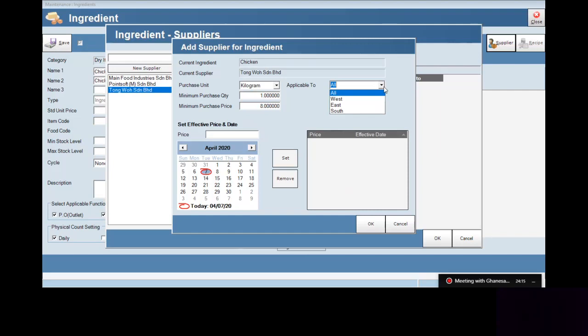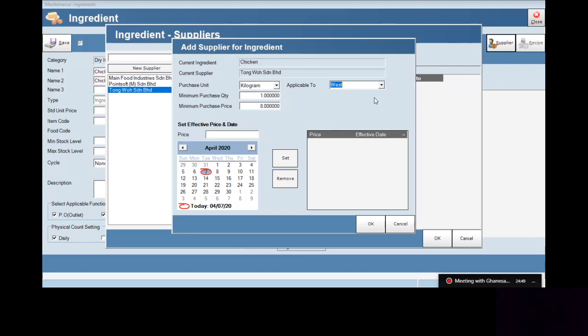Do you remember that during the outlet setting we already created a group? That grouping I already created is for west, east, south. So this applies if I choose west. It means this Tongwa Sdn Bhd can deliver the chicken to the west group outlets. If the west group has 5 outlets, this supplier is only applicable to deliver to the west group outlets only.